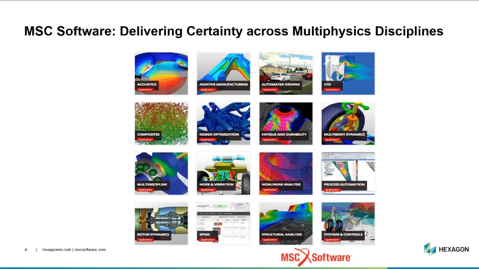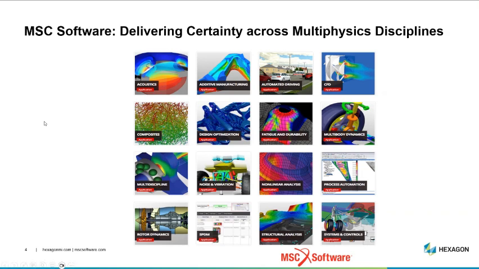Multidiscipline simply means different kinds of analysis in one environment: noise and vibration, nonlinear, automating processes, rotordynamics, simulation, product data management, structural analysis, and systems and control. So as you can see, it's a pretty wide range of topics, and most of these are part of one